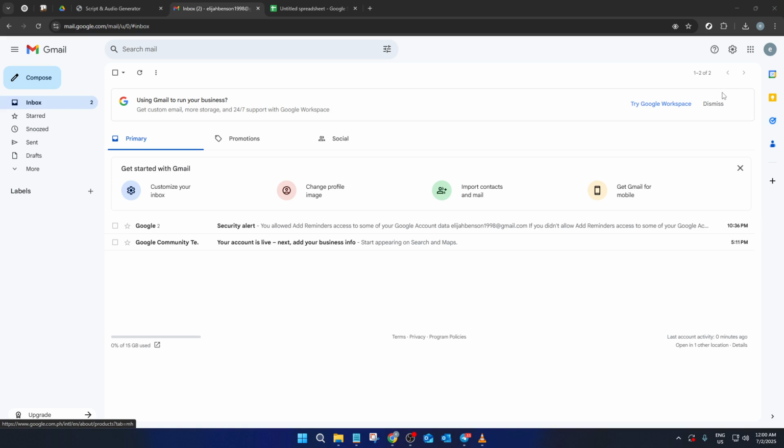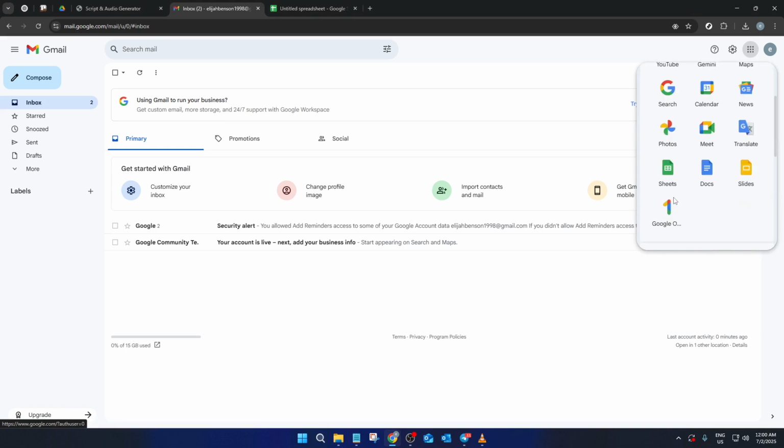Alright, let's dive in. First things first, if you're already signed into your Gmail account, you're already halfway there. Up in the top right corner of your browser, you'll see a little grid icon made up of 9 small dots. Go ahead and click on that. It's called the Google Apps menu, and it's honestly your gateway to pretty much all Google services. Scroll around until you spot Google Sheets and give it a click. If you don't see it right away, you might need to scroll down in the list, but don't worry,